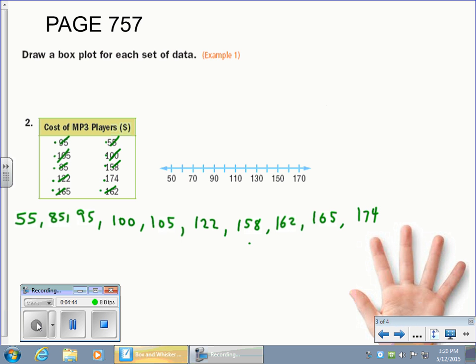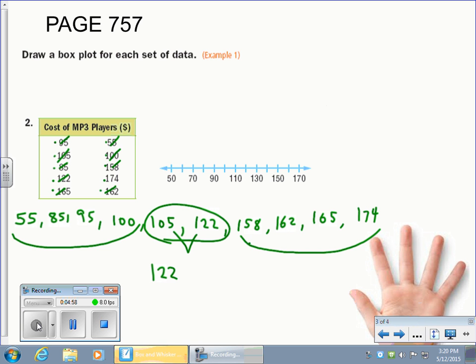In this case, 105 and 122. And I can tell because there's 4 on that side and 4 on this side. So when you have 2 in the middle, the median can only be one number. You need to find the mean of those two numbers. So 122 plus 105